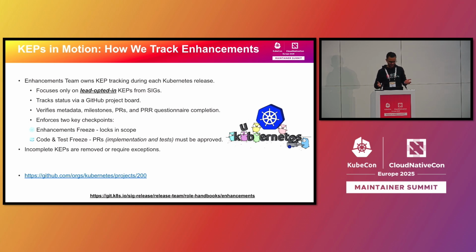So now there will be instances where your KEP is going to be missing those deadlines, and unfortunately, with heavy heart, we have to remove it from the release. When I say remove it, we just keep a status on the GitHub tracking board as removed. But then there is a process of requesting an exception, and an exception is basically you are going to request extra days from the release team, like we need 2 days or 3 days more to do the pending task. And once those tasks are done, those KEPs are again being tracked and